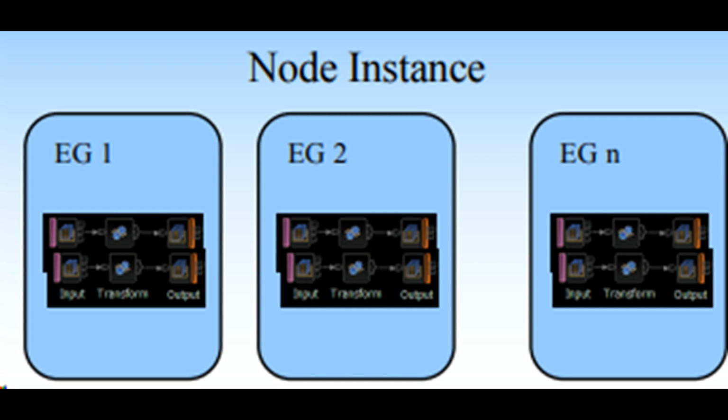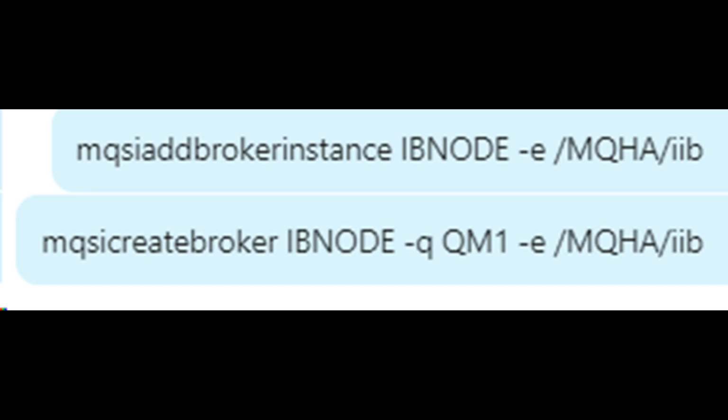So the EG can be on the same server, right? Yeah, it can be on the same server. Correct. And like in MQ we have a multi-instance queue manager where one queue manager is always up and one queue manager is on standby. I think I did that with the broker. So the broker is also the same thing, right? If you have a multi-instance queue manager, it can be the same way.